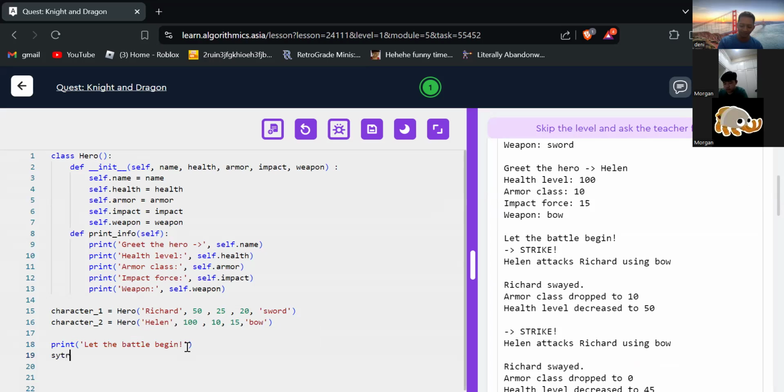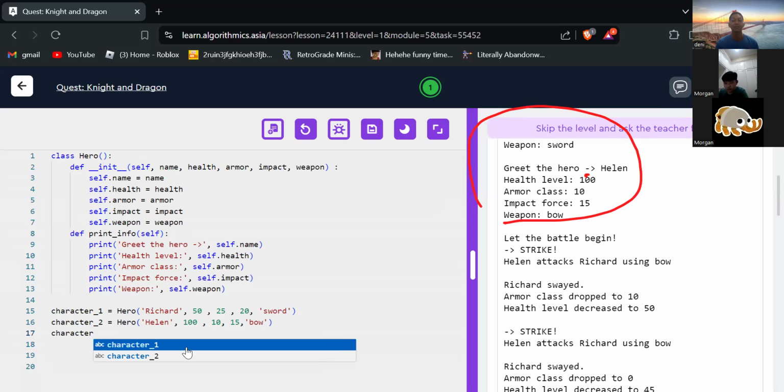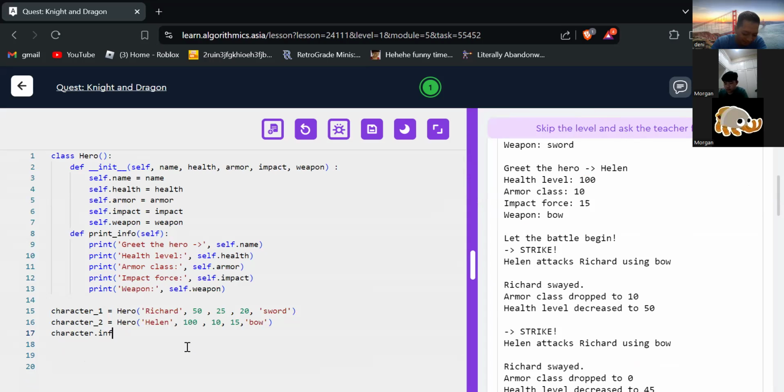But where is this part, Morgan? Where is this part? Create the hero Helen, create the hero Richard. You forgot to call the print info method. Yeah, character one, first character.